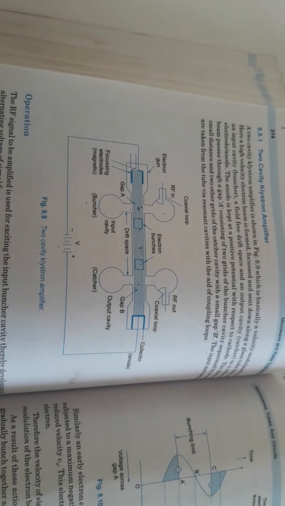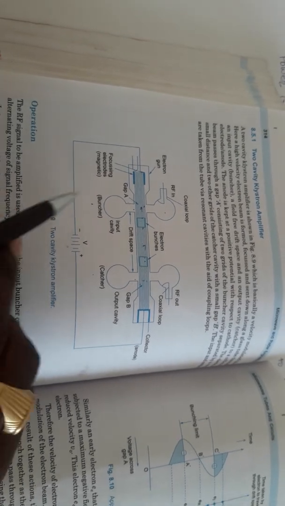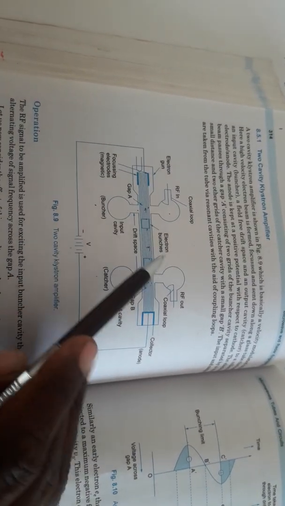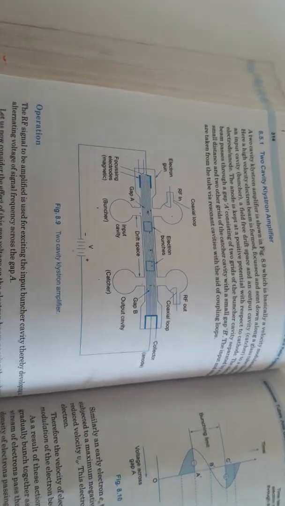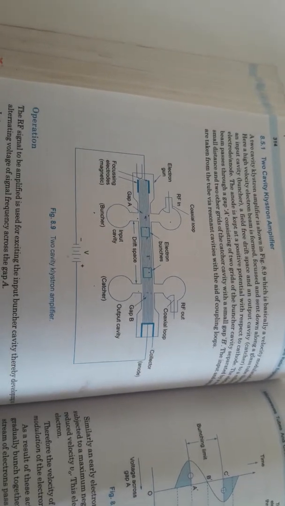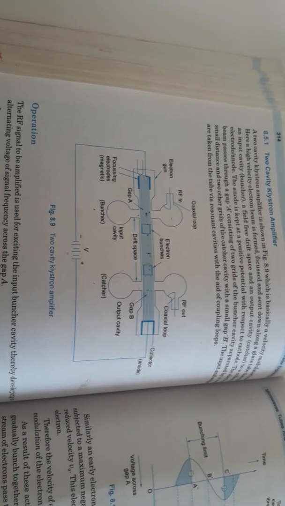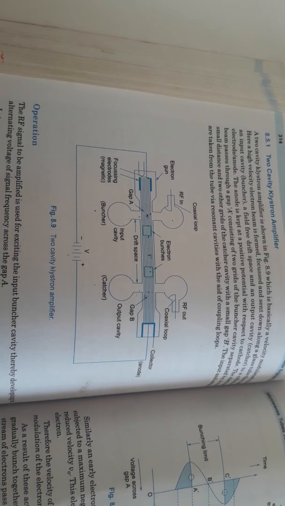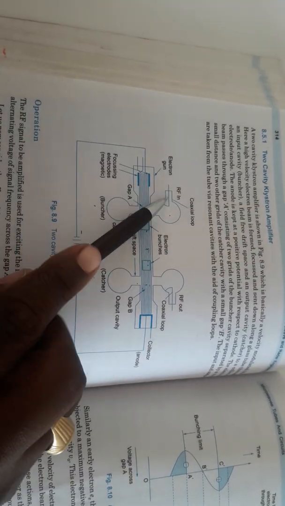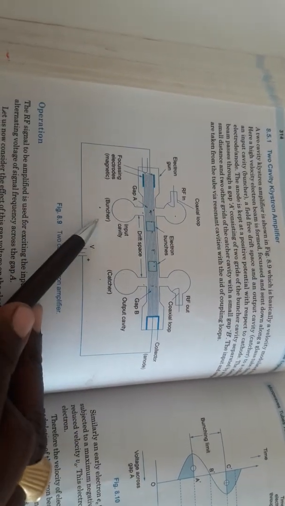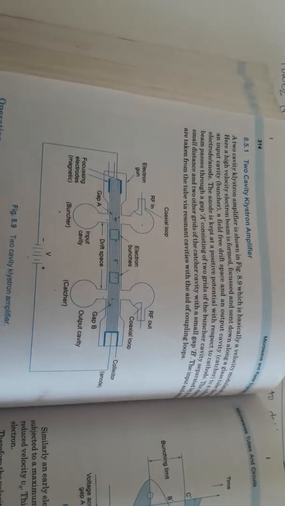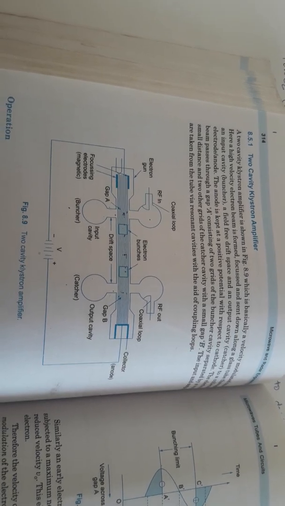Now when there is no RF input applied, or no voltage applied across this grid, then whatever electrons are generated are directly collected by the collector. But when we apply some kind of RF input voltage to this buncher cavity, the situation will be different, and that situation is nothing but the main operation of your Klystron amplifier as an amplifier, right?